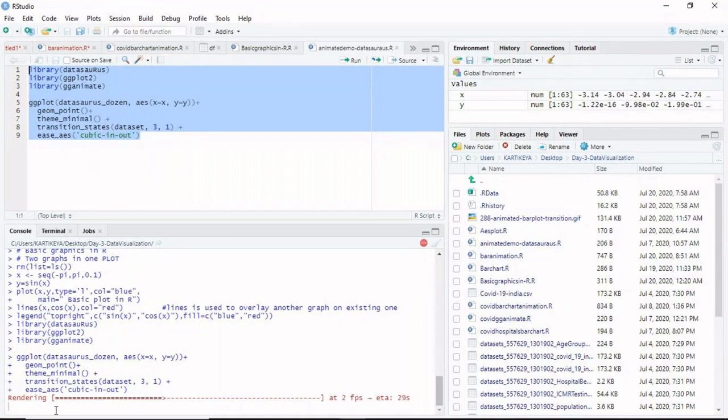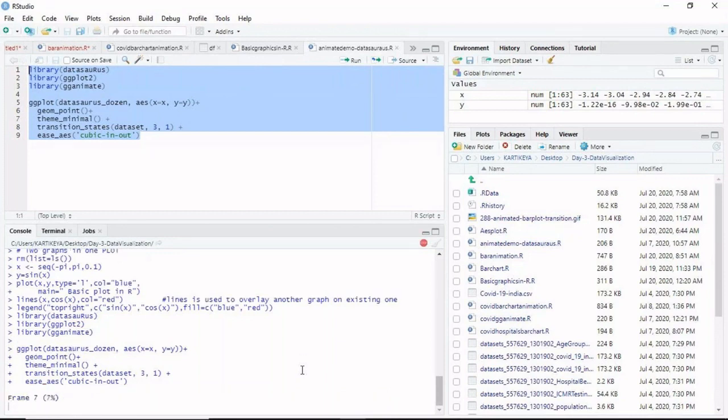So it is rendering data. If more data is present, it takes more time to render.